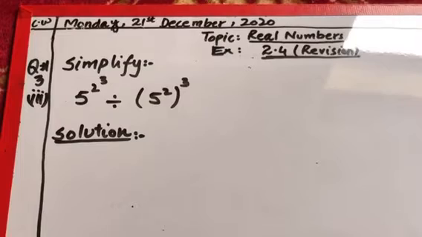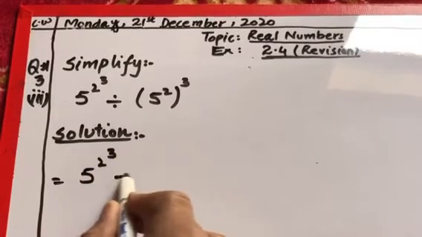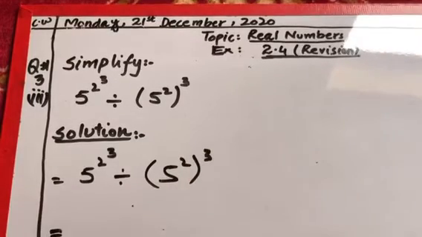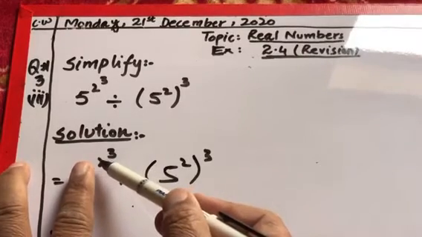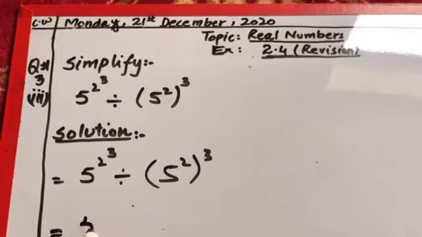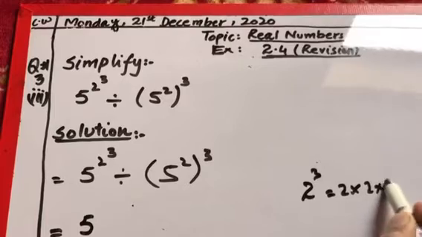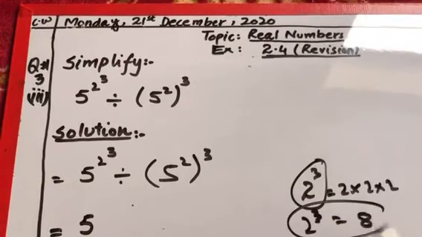So in solution, first of all, we will write the statement as it is. 5 raised to power 2 and 2 raised to power 3 is divided by 5 into 2 whole raised to power 3. So in solution, first if we hide this number and we take the cube of 2, so it becomes 5 raised to power, as you know, the cube of 2 is equal to 2 multiplied by 2 multiplied by 2, which is equal to 8. So we can write 2 raised to 3 as 8. So we'll replace it by 8